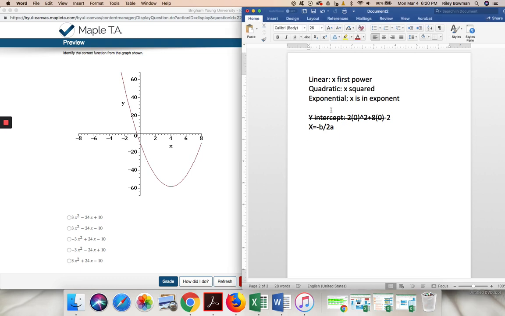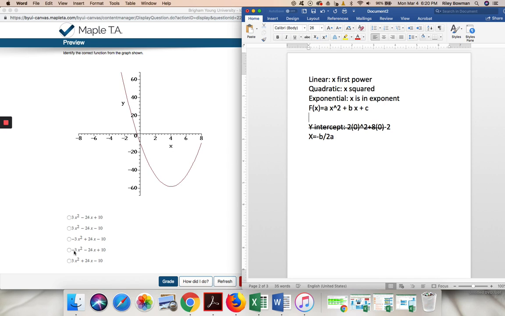A quadratic, the standard form is f of x equals a times x squared plus b times x plus c. And so I guess I should probably not do a capital so that it's all the same. Okay, so that's our standard form. If a is positive, then our function will open upwards. So I can ignore the third and the fourth option here because those are negative, and that means that it